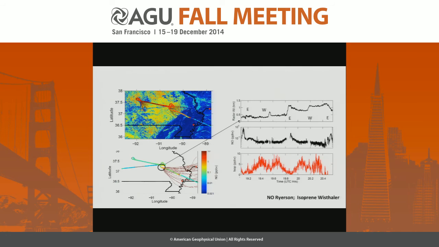And what the plane did was to fly from the east to the west across, and then turn around and go back, and then back and forth at different altitudes above the ground. And what we can see is that as we flew on the eastern side, there was a lot more NO. These are measurements from Tom Ryerson and the NOAA group. So there's about 100 parts per trillion on the east side, and then 50 to 20 parts per trillion of NO on the west side.